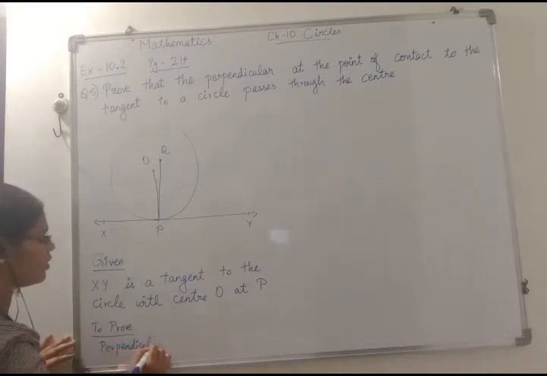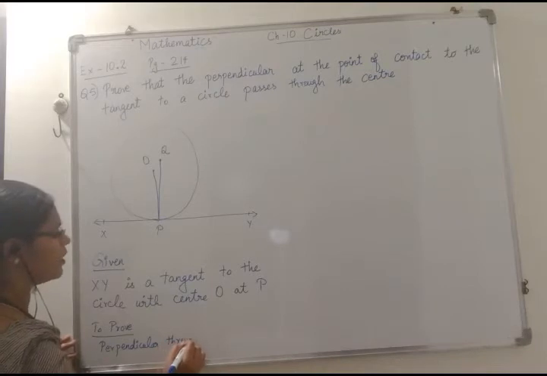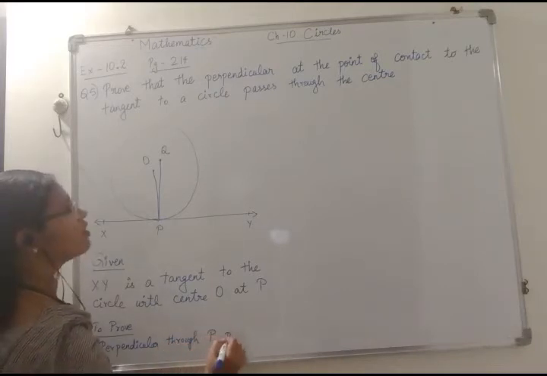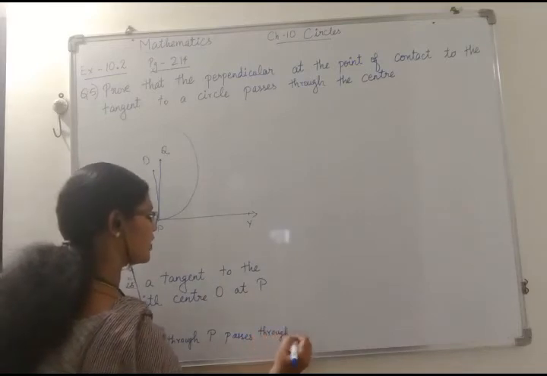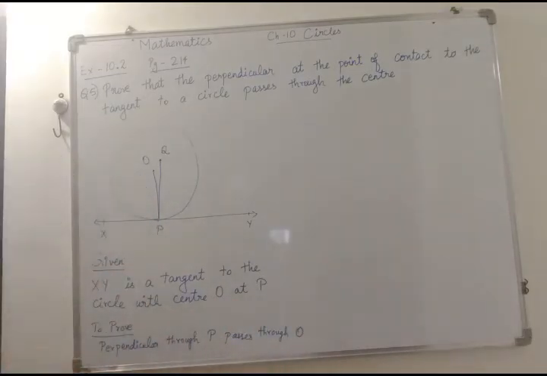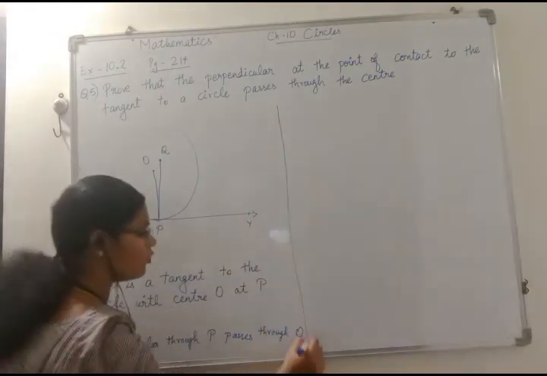Perpendicular through P passes through the center, which is the center for us O. So that's what we have to prove. So for proof,